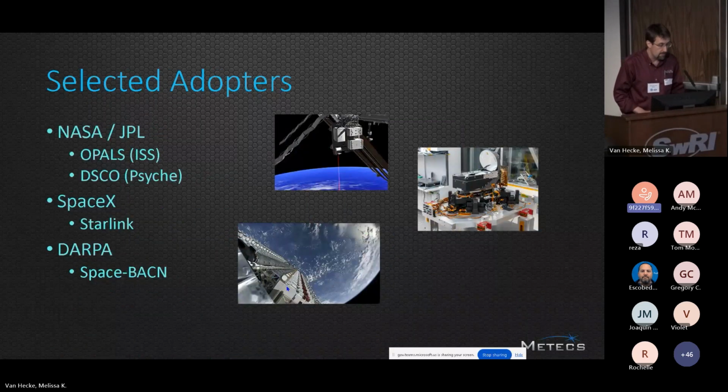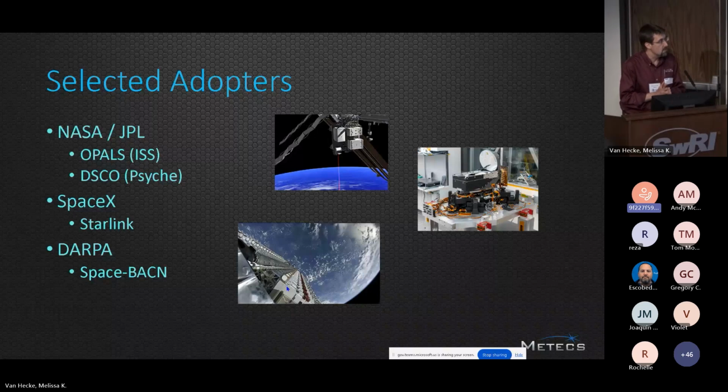Talk about a few selected adopters, NASA JPL. Isn't it great? I got to go right after the Psyche guys. So thank you very much for showing that picture of the laser going from the observatory up toward the satellite. Their experiment was DSOC, not DSCO. I really hope that you'd make it into DISCO. That would have been a really cool acronym, but it's actually DSOC.